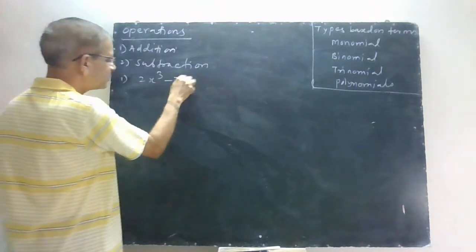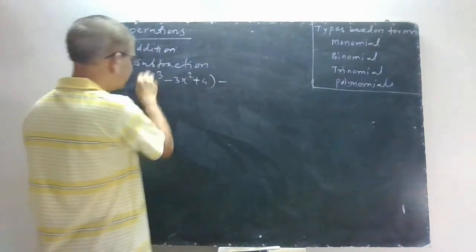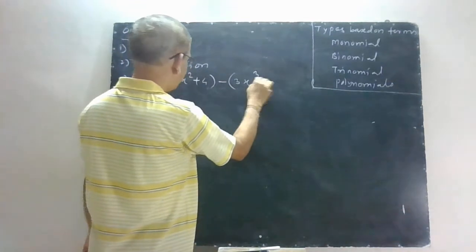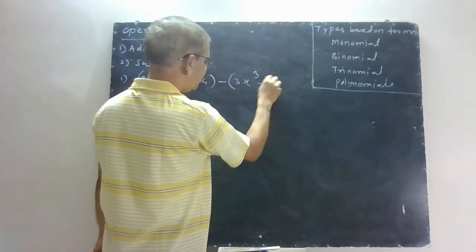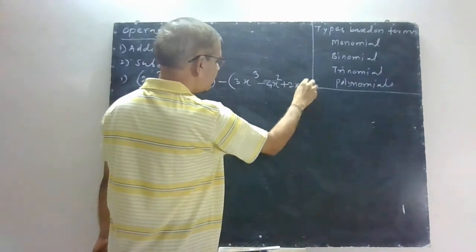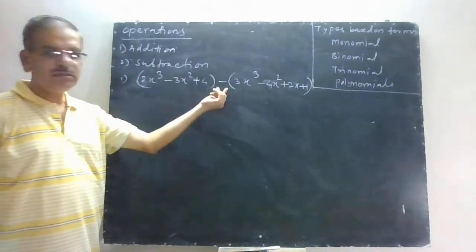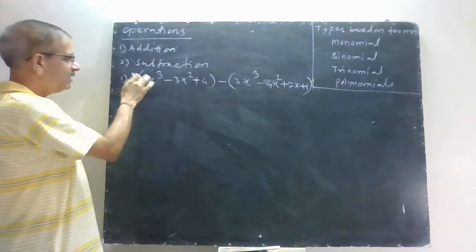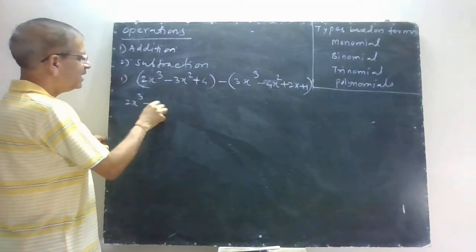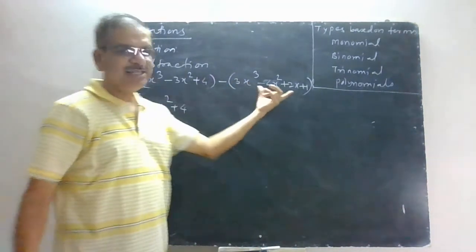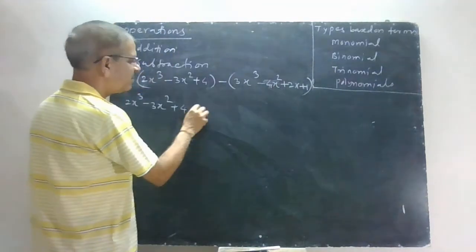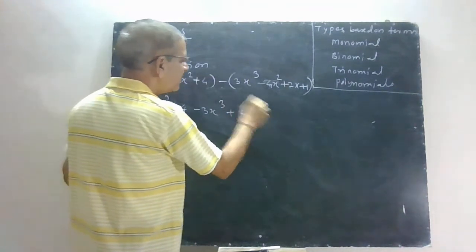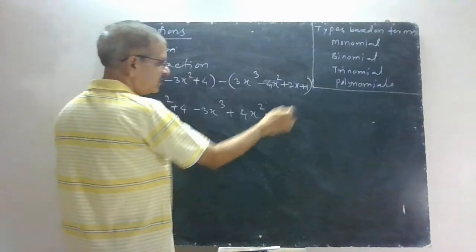2x cube minus 3x square plus 4, minus 3x cube minus 4x square plus 2x plus 1. Now, like addition, only a subtraction sign is written here. First try to remove the bracket. Only one thing you have to remember while removing the bracket. In subtraction, the signs of the second bracket change. So it is minus 3x raised to 3, minus minus 4x square, that is minus, minus, plus, and then minus